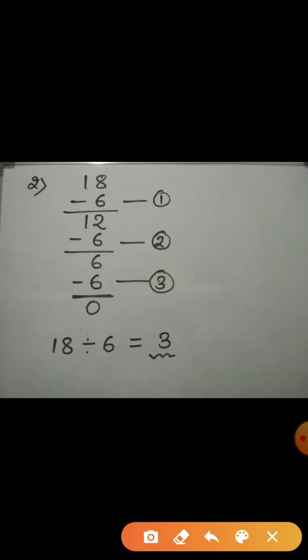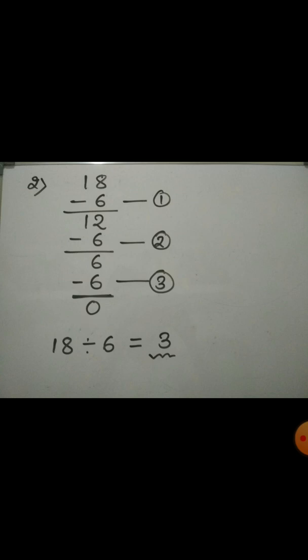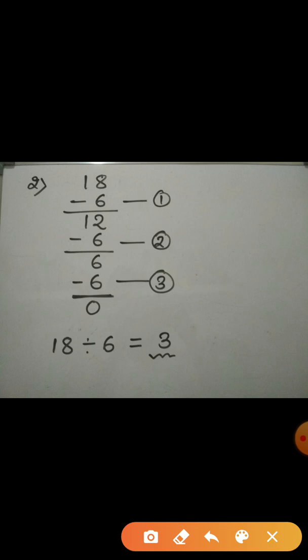Now see the second example. Here we are asked what the quotient will be when 18 is divided by 6. Here 18 is the dividend and 6 is the divisor. This repeated subtraction is shown to you. Here you can see 6 is subtracted from 18 repeatedly till we get 0. Now let us count how many times 6 is subtracted from 18. 1, 2 and 3. Since 6 is subtracted from 18 3 times, our answer will be 3. That is, the quotient is 3.